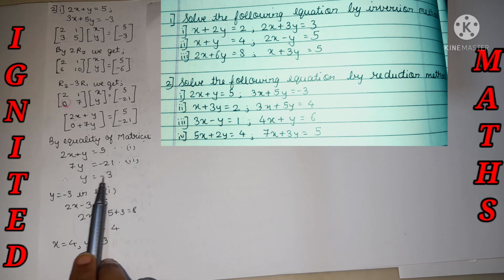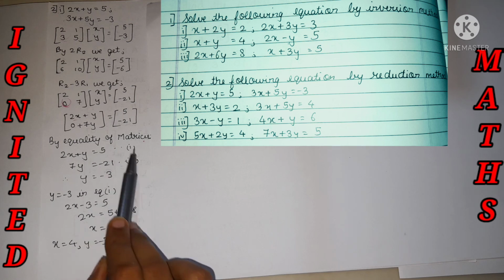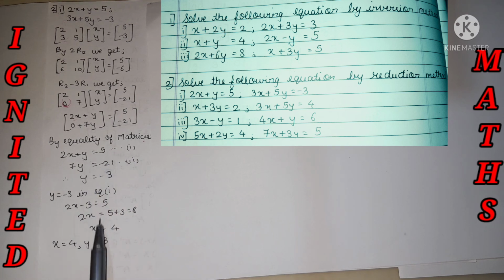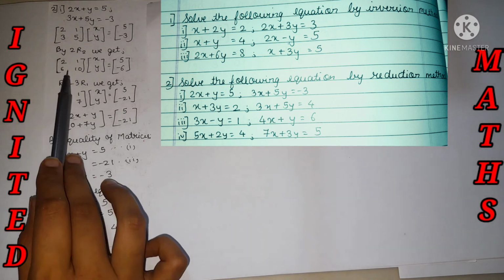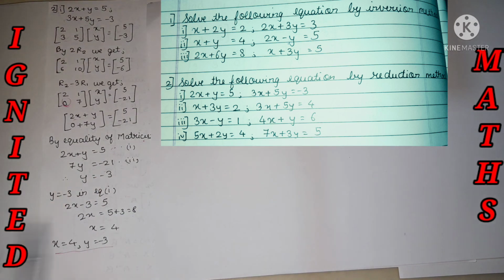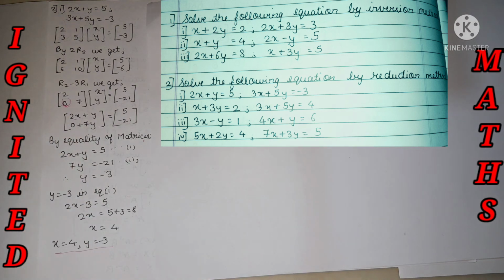If we have y equal to minus 3, just put it in equation 1 and we'll get x, and that's the answer. Just make the A21 element 0 and we can find it very easily. This is for a 2 cross 2 matrix. If, for example, they ask for 3 cross 3, then take the upper triangular part as 0, do the transformation, and do the matrix multiplication as we have done here, and we'll get the answer.